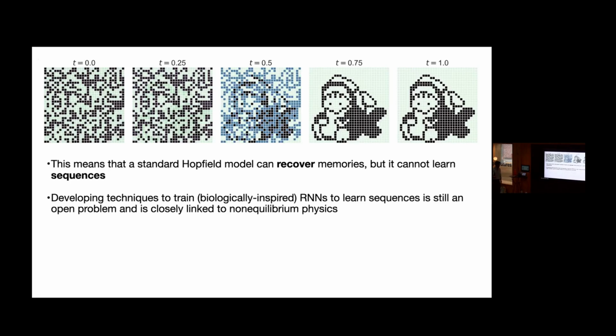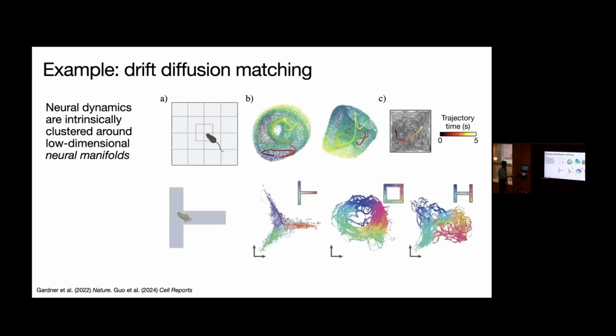Now, doing so in a biologically inspired way is still an open problem, and it's quite difficult. But we came up with a method that isn't biologically inspired. And I might have to go a bit quickly this last bit. The idea that we had was that we don't need to figure out how to do dynamics in the high-dimensional space, because there's a bunch of different evidence that suggests that neural dynamics are constrained to low-dimensional manifolds, and we're just going to do dynamics on a low-dimensional manifold rather than in high-dimensional space.